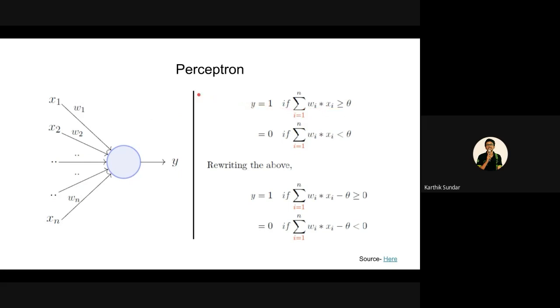See, what is the difference we had before? We had sigma xi is greater than or equal to theta in the MP neuron. Here, it is going to be sigma wi xi is greater than or equal to theta. Then you will predict 1, or else you will predict 0. And this is just bringing the theta to the other side, which is the common convention of writing the equation: sigma wi xi minus theta is greater than or equal to 0, then give 1. If sigma wi xi minus theta is less than 0, then output 0. So this is the logic of the perceptron.